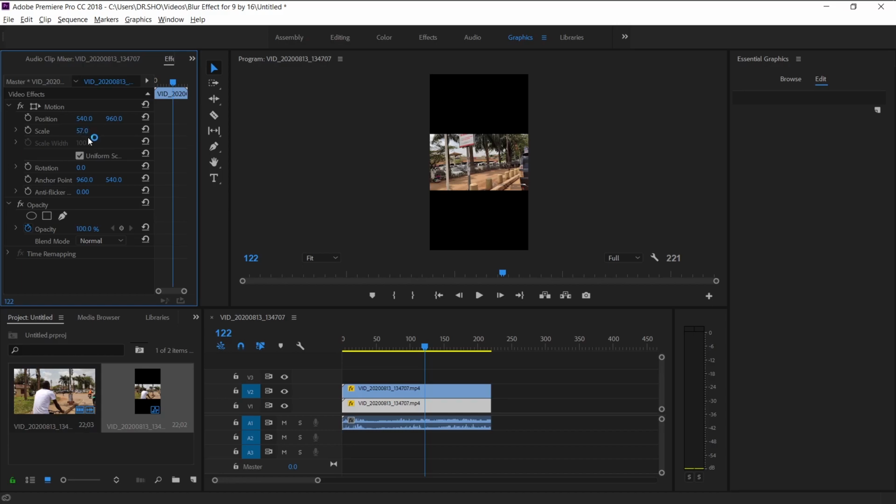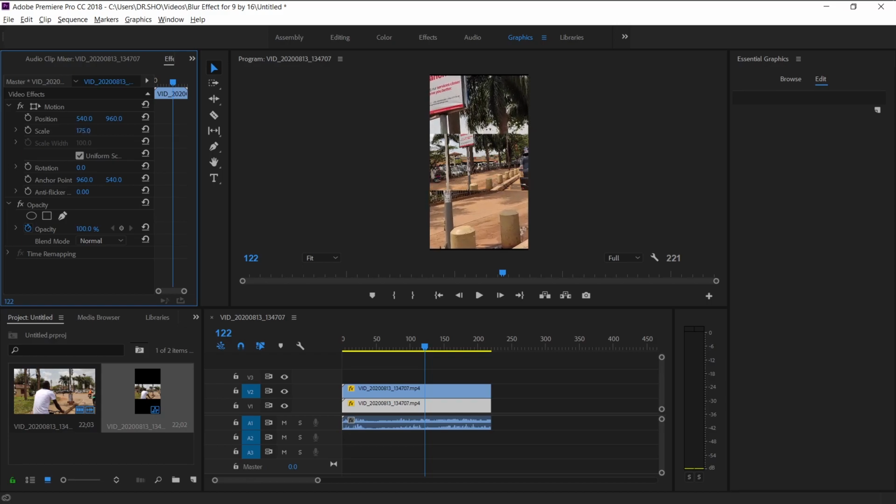I think editing and assembly will also have it, but I'm on graphics. So come here, then look at scale here. If you don't see it, it should be under motion, usually the first part here. So you have position, you have scale. So come to scale and increase this way until it fills the screen this way. So once it does that,